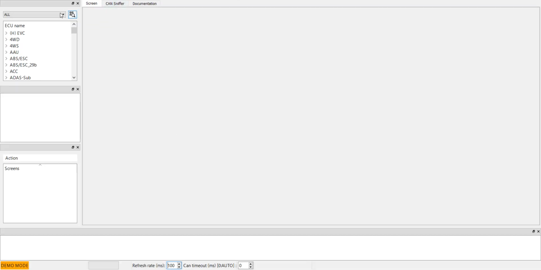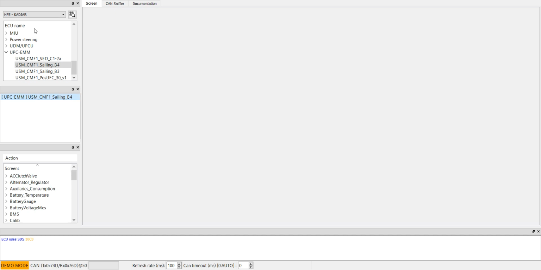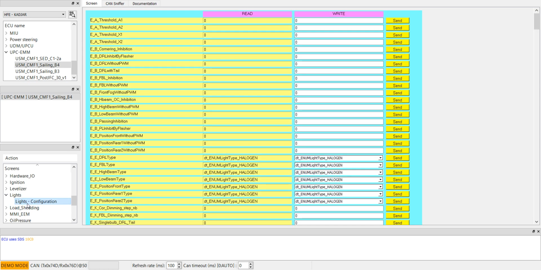Select our car, HFE Kadjar, and go to the UPCMM control panel and look for USM saving before. Double click, open again here in this tab and look for lights tab here. Open lights configuration